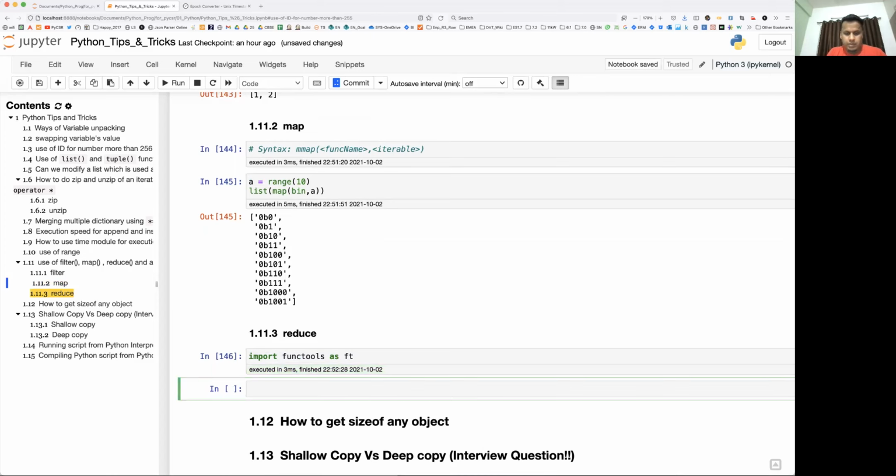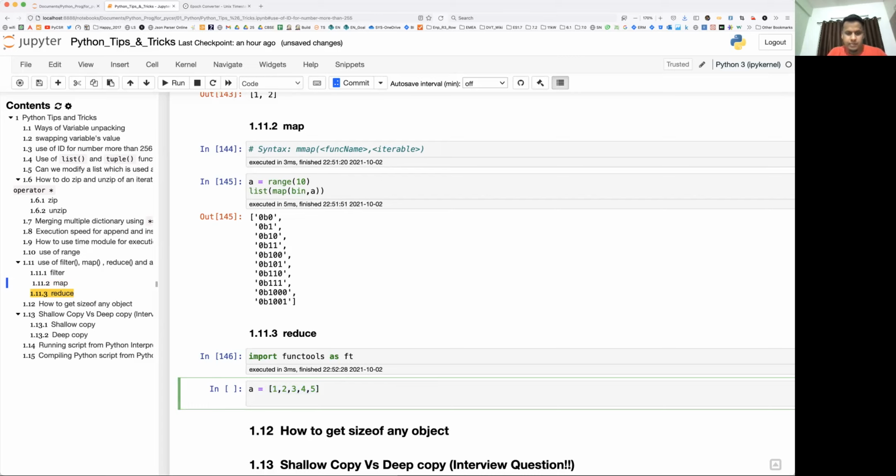Under ft, I'm going to take a single example. Let's say I want to have the sum of all the elements, 1 2 3 4 and 5. I want the sum of all the elements of this particular list. How can you do it? First you will add 1 and 2. Whatever comes, 3, will be added with 3. 6 will be added with 4, that is 10, then 10 will be added with 5. So that is 15. So the final result of this will be 15, right? The same thing you can do by using the reduce method.